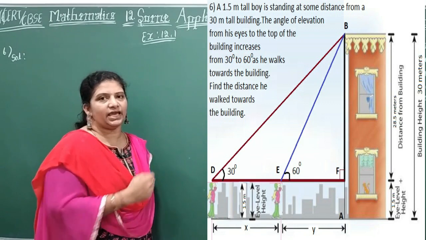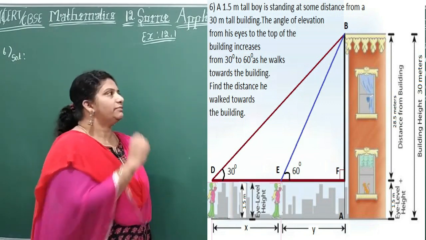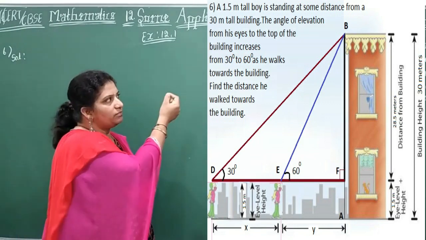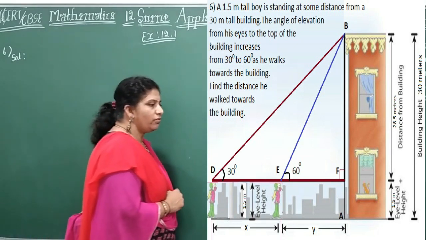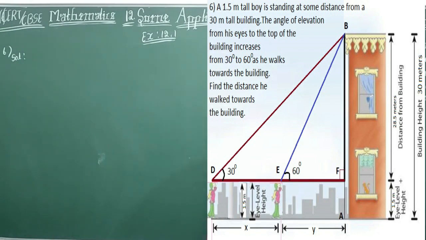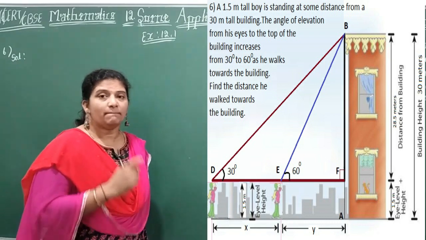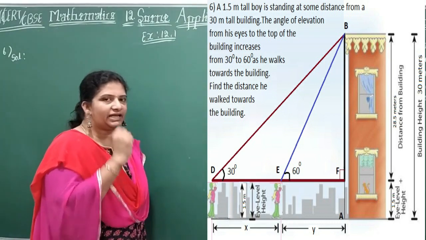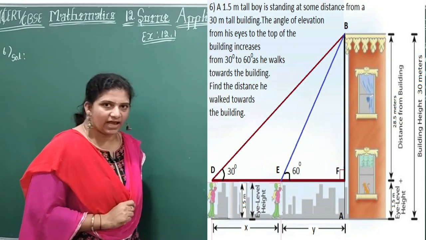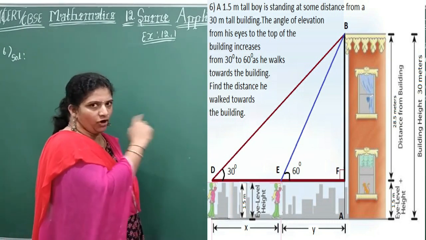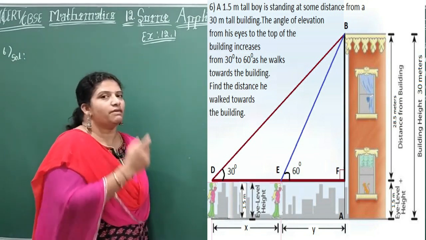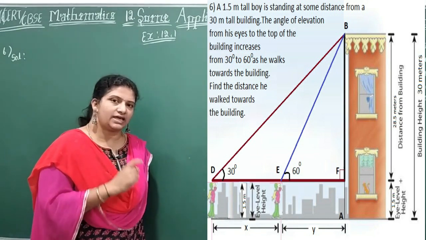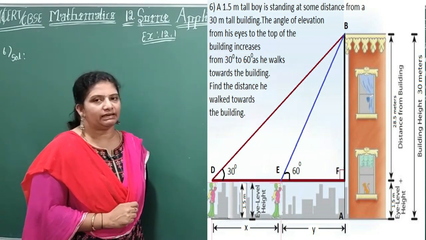Suppose we see any object here. Let me see there. Some H I am observing here. I observe like this. When I go nearer to the H, what happens? I just have to lift my head up. Head up means my angle of elevation increases. So when I see from here, it might be any 40. If I reach nearer to H, I will lift my head up more. Same way the angle will be increased.